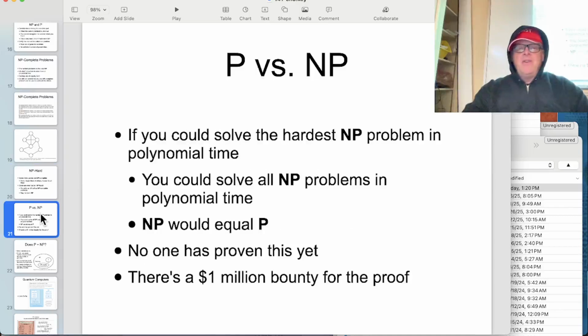Anyway, in practical terms, here's the issue of P versus NP. People would like to know, and this shows you how fundamentally cryptography is a mess. If NP is equal to P, then every problem has a fast solution, and we just haven't found it yet. And that is possible. There's a $1 million prize out there for decades for anybody that can prove whether P equals NP. Nobody can prove that.